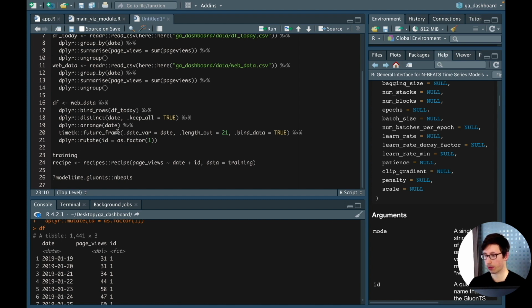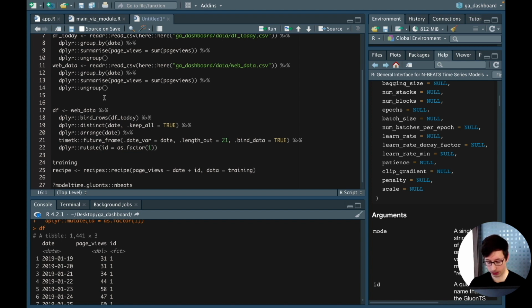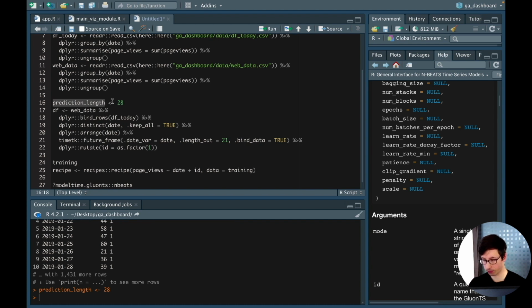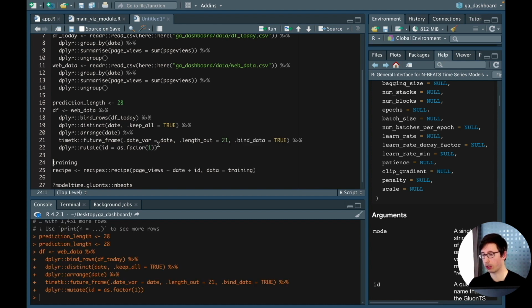and let's first make a variable for the prediction length. So we'll say prediction underscore length is equal to 28 days. So what we'll do instead of 21, we'll put in the prediction length in here. And then for the training data, we can leave this 21. For the training data,